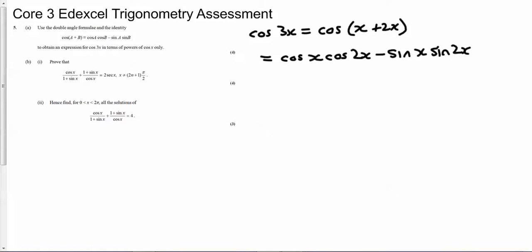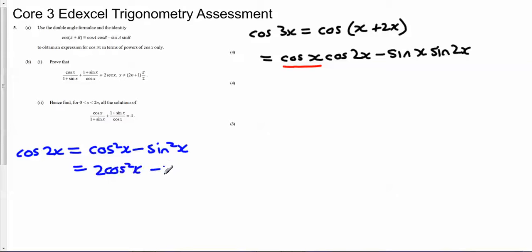Now we succeeded in getting one of our cos x's, but the others still need a bit of work on them. So the first thing I'm going to try and do is change cos 2x into something in terms of just cos x, and to do that I'm going to need to use the double angle formulae. So if I just put those down here, we've got cos 2x. Now we've got options. We've got cos squared x minus sin squared x, we've got 2 cos squared x minus 1, and we've got 1 minus 2 sin squared x. You need to know those,